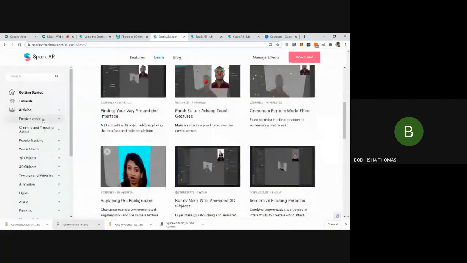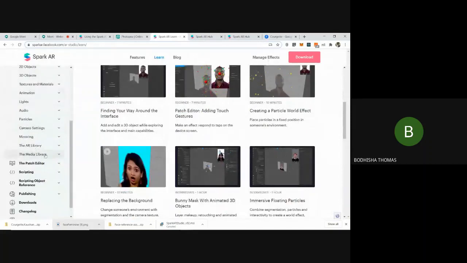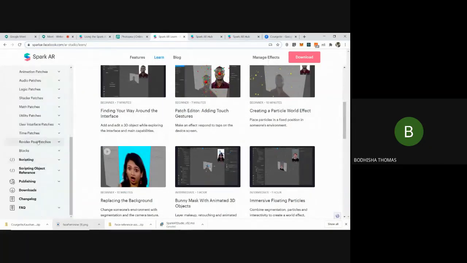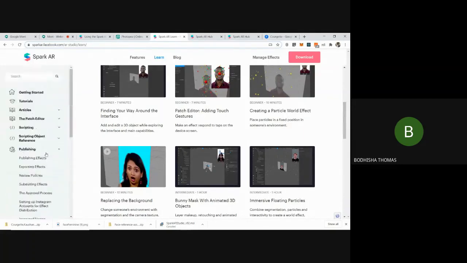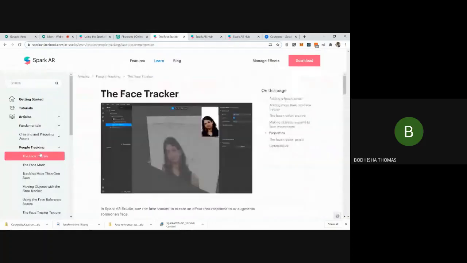We'll have these video tutorials as well as articles on each and every element. You have this tutorial about publishing. Everything is available in this official site itself. So it's easy to create and build your own custom filters. So why not make your own filter? And the best way is to experiment with these objects, with these functionalities.